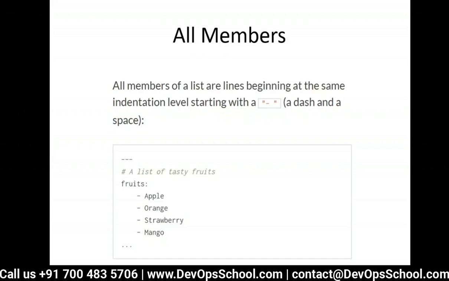Remember, same indentation is a very important statement here. Same indentation means either it should be 4 spaces or 3 spaces or 2 spaces or 5 spaces. It should be identical across the document. Now the question is, can I use the tab which will introduce 4 spaces? No. Tab is a different character in YAML, and 4 spaces is a different character in YAML. So be mindful about it. Avoid pushing the tab while working with YAML.